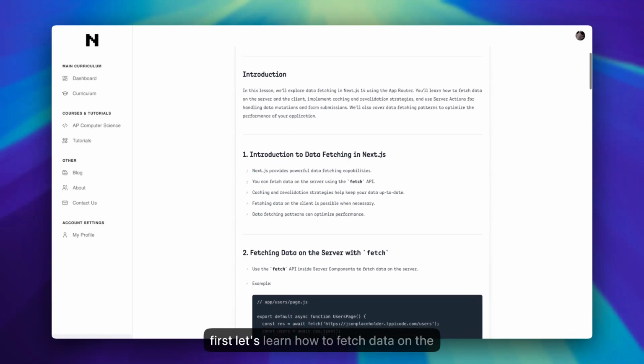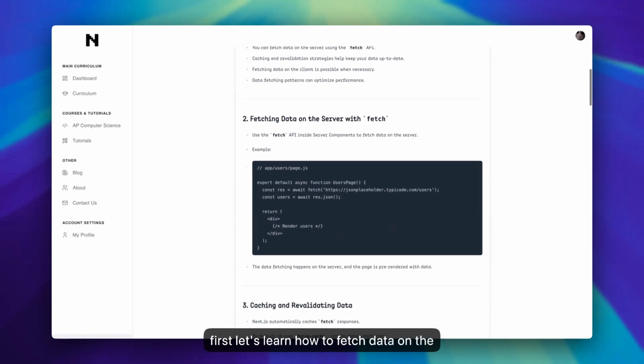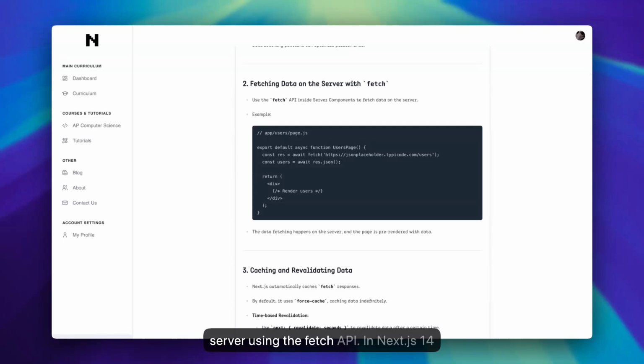So first, let's learn how to fetch data on the server using the fetch API. In Next.js 14, the fetch API has been extended to allow us to configure caching and revalidation for each request. So when we use fetch inside a server component, the data fetching happens on the server, and we can take advantage of server-side rendering. Let's create a new page that fetches data from an external API